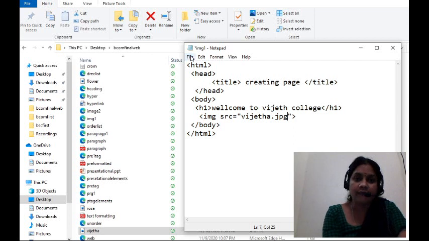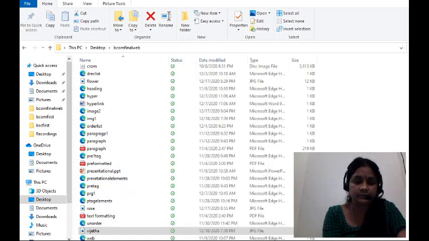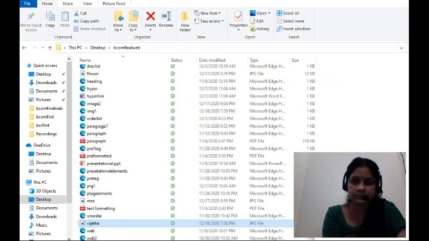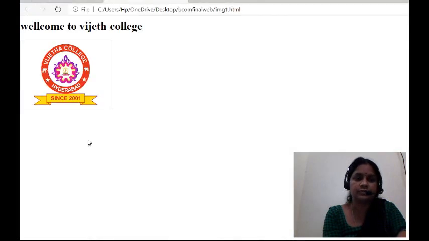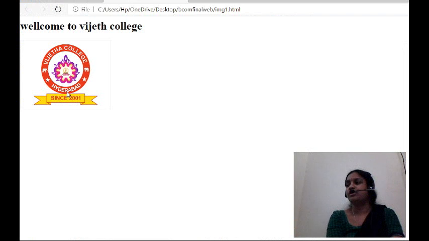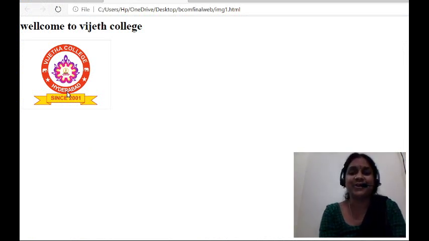File, save. The program name is img. Click here on img. Let us see the output now. See, the logo is displayed on the web page.